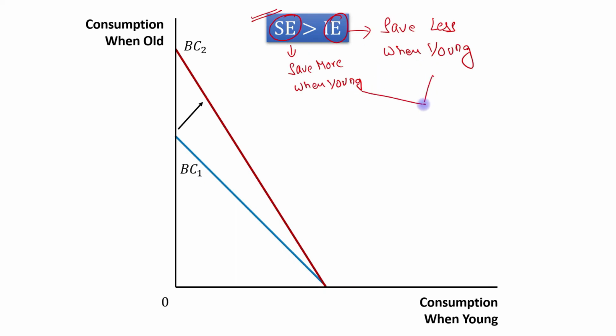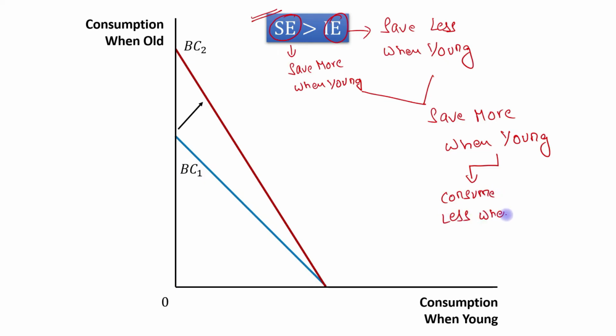So the final result will be save more when young, or we can say that this will imply consume less when young, consume more when old. Okay,